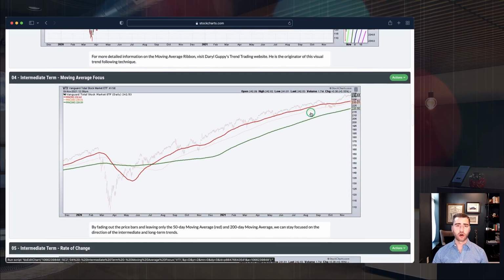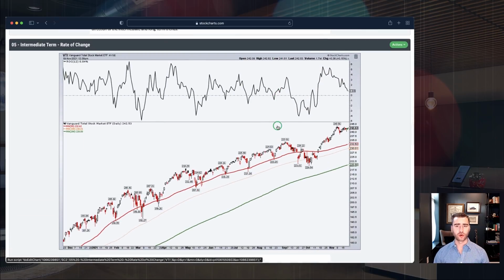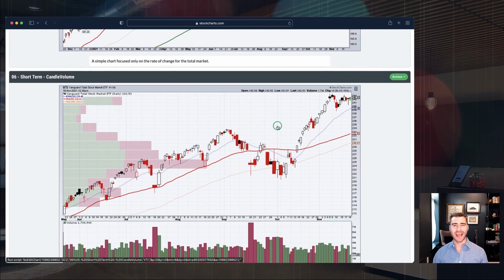I like to look at something that I call my moving average focus chart. This is an intermediate term 2-year chart with 2 key moving averages on it, really. There is actually a third one on there, but it's kind of hidden out. We fade the price bars, though. We leave just the moving averages, the 50 and the 200-day intermediate term and longer term moving averages on this chart to really keep you focused on the direction of trend. We sort of filter out the noise by fading those price bars, staying focused on the moving averages to judge intermediate and long-term trends. We've got different charts for rate of change in here, things like candle volume,